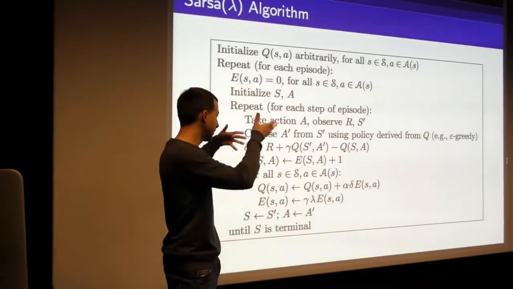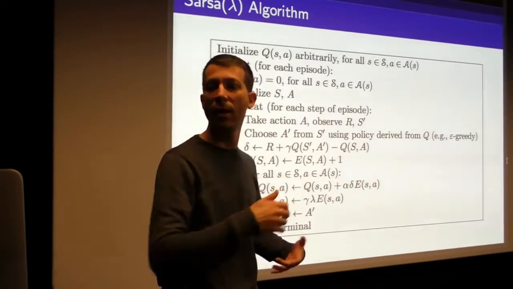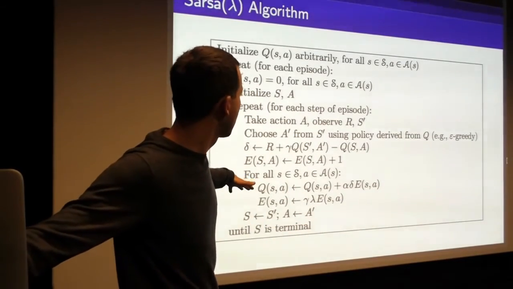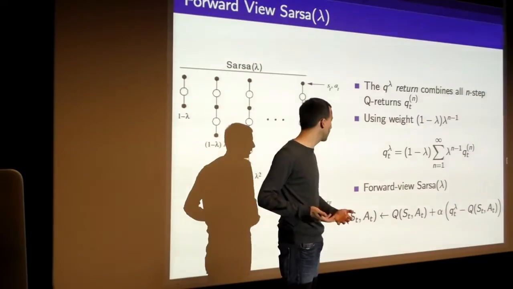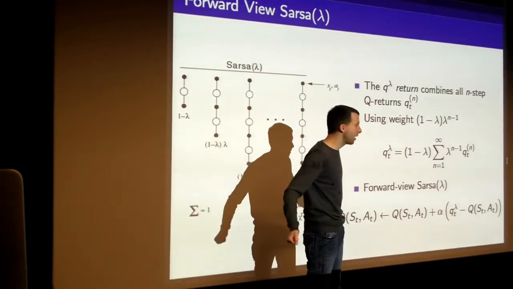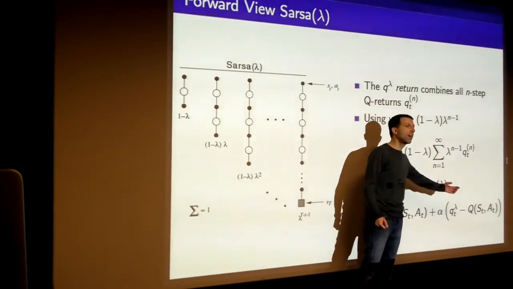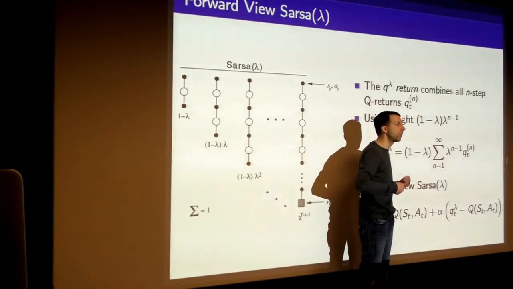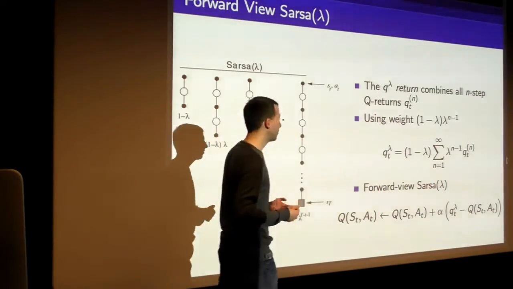And again, the equivalence between the backward and forward is not obvious, but it is possible to prove. There was a proof in the last lecture, and that proof follows through for the control case as well, roughly. But I think a useful way to understand what's going on is to understand that really what we're doing when we do these traces is to implement this algorithm here. So we're implementing an algorithm in an incremental way, which is basically updating our Q values a little bit in the direction that mixes over our estimates at all these different timescales, where we bootstrap from all different n-step returns.